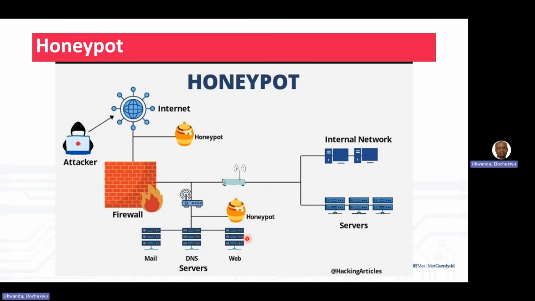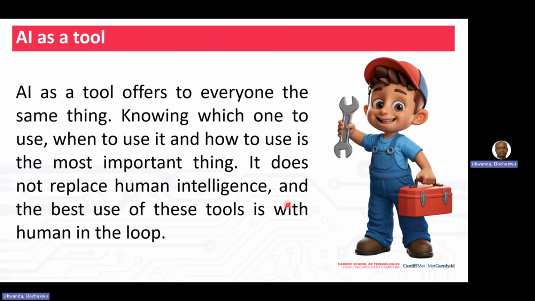We also have these honeypots at the other end of the DNS server. What it simply means is that a honeypot is a kind of decoy that is used to distract the attacker from having access to the original server or the main server. So that's what we call a honeypot in this concept. I hope that helps you understand a little of what we mean by honeypot: a decoy that represents the main network, but is not the main network, used to keep the attacker busy and gather intelligence from the attacker, understand their scale and everything they have. By so doing, the attacker doesn't have access to the main system, which is the asset the attacker wants to access. That's number one.